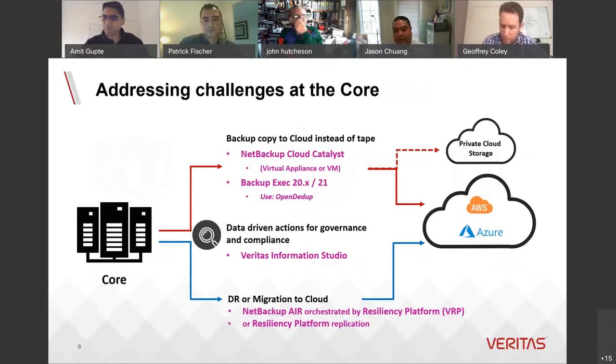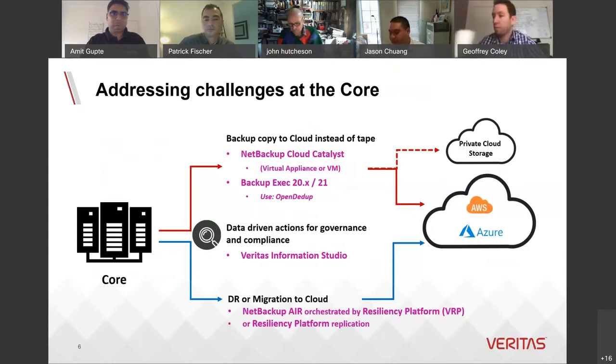The great news is both NetBackup and BackupExec have the ability to write directly to cloud storage, be it S3 or some private cloud object storage solution. There are various ways that can be done, both with optimized duplication, where you can minimize the amount of data being transferred.